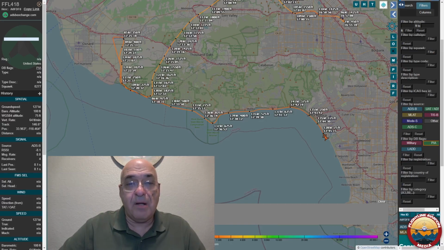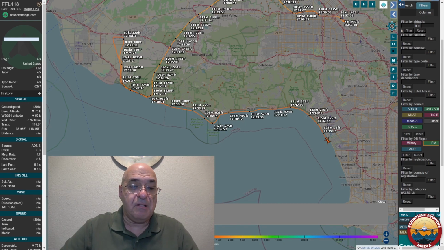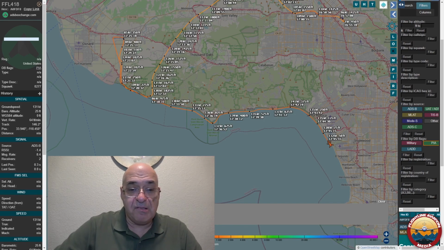ForeFlight is one of the partners of the FAA in this program, in which they offer a service that provides a third-party call sign. ForeFlight is a company that makes flight planning software, and pilots can get a subscription to ForeFlight and be able to do things like file their flight plans, check their weather, calculate their fuel, do all sorts of flight-related things on the ForeFlight platform. And being a partner, of course, they offer this third-party subscription for a